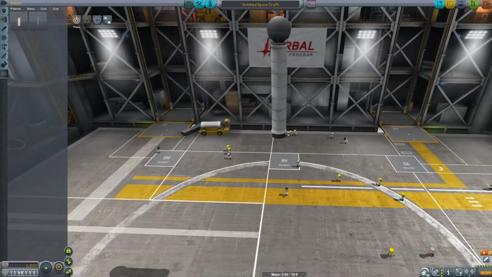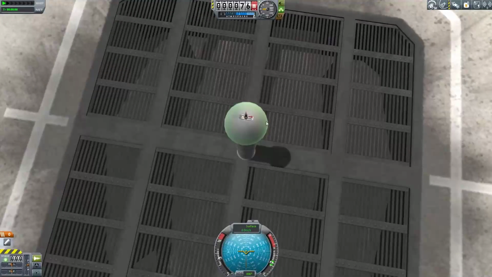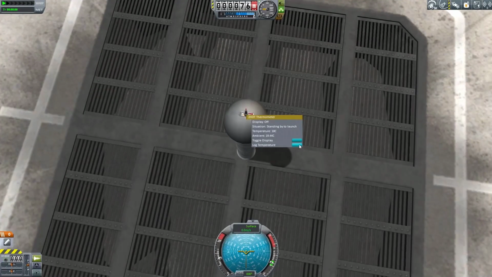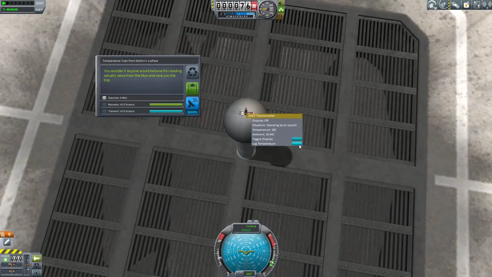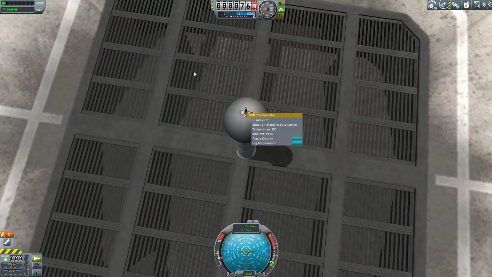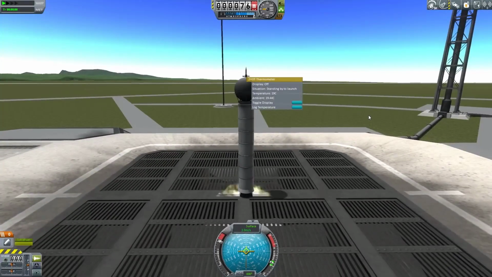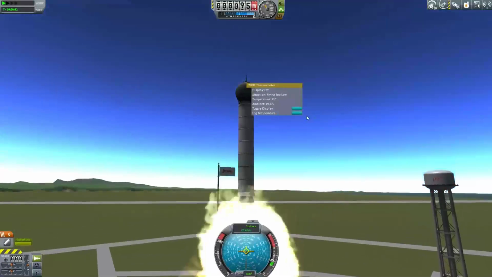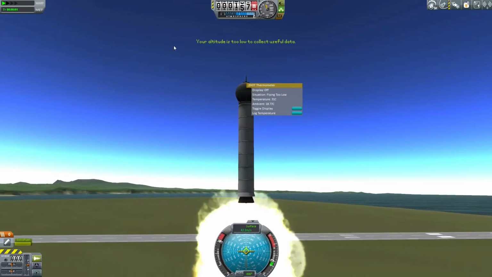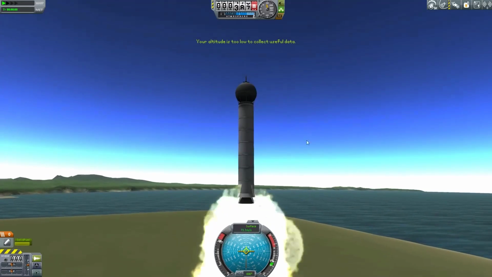And our whole goal is to get above 12,500 meters, so let's launch. Now, in normal Kerbal Space Program, of course, what you're doing right away is you're immediately wanting to log temperature. Oh, temperature scan from Kerbin's surface: 0 science. Yes, that's not going to work. No, you've got to get up into the air. Moreover, you've got to get up above 12,500 meters. See, if you log temperature, no, your altitude is too low to collect useful data. So let's get above